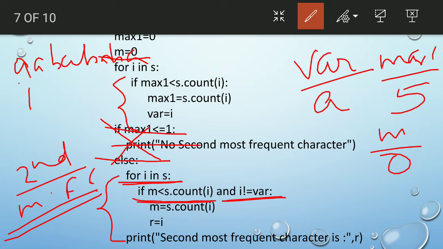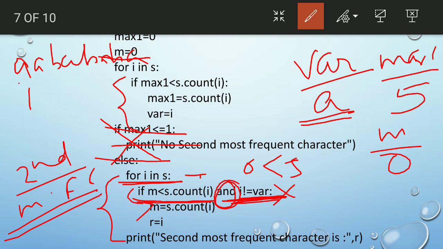That is a. So yes, m is 0, less than s.count(a), that is 5. Yes, this is true, but we had put an and condition. i should not equal var, but here i is starting with a and var is a. So this will not go into this if, and i will be incremented.